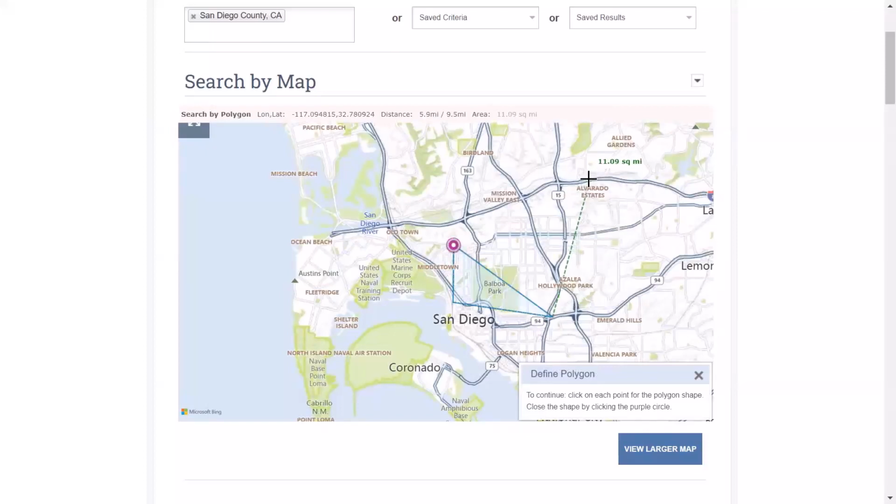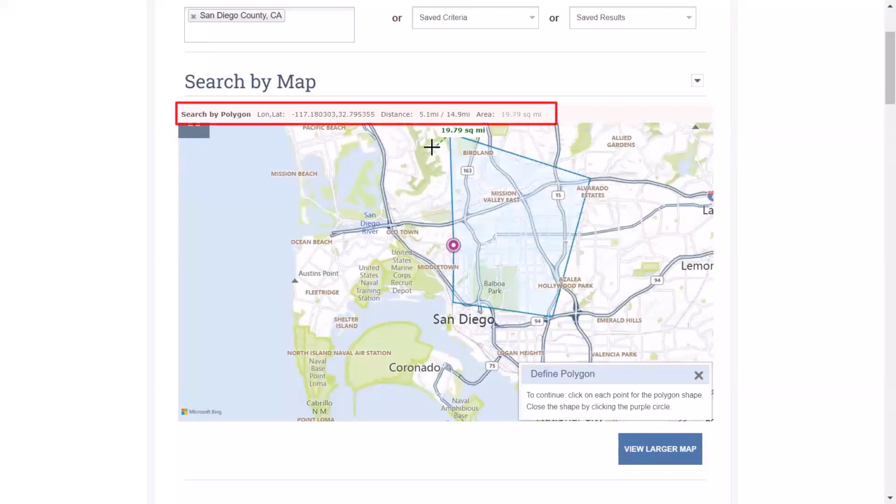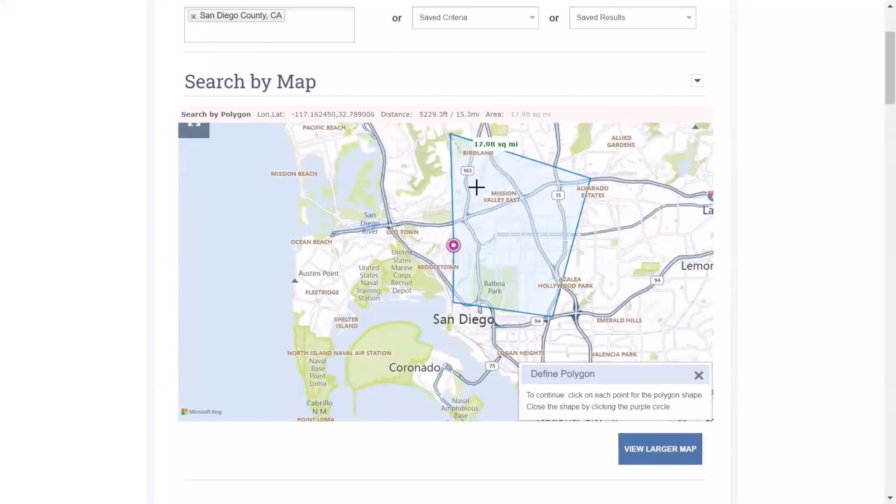So as I continue to click, it looks like we're perfectly fine. But once you pass 20 square miles, you'll notice that my distance turns red here. Once that distance is red, you can no longer perform the search. So you have to be under 20 square miles, and then we can finish the search here.